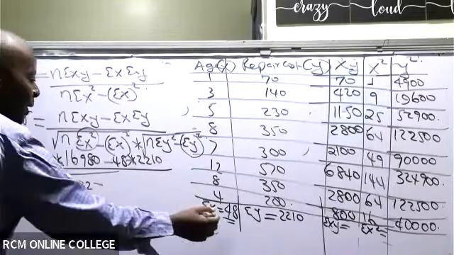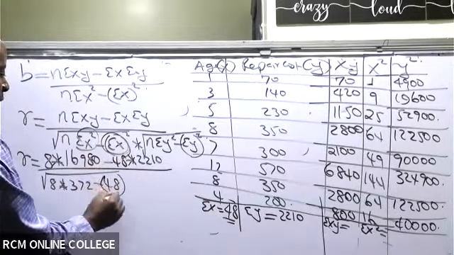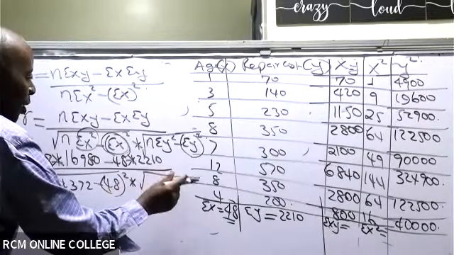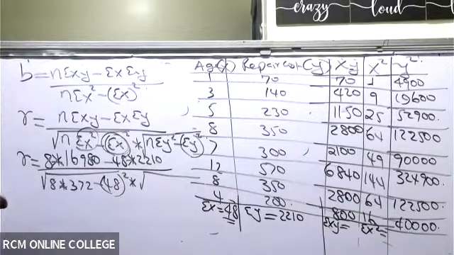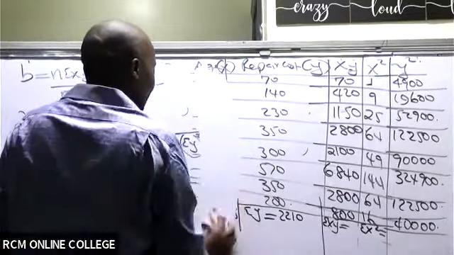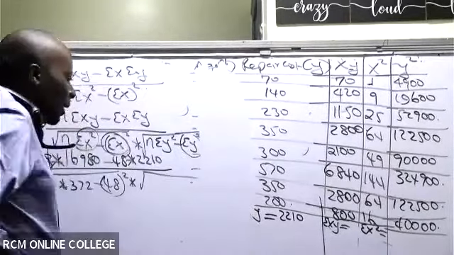Minus summation of x, which is 48, but now this has to be squared. Times, take another square root. So this other square root, we have,